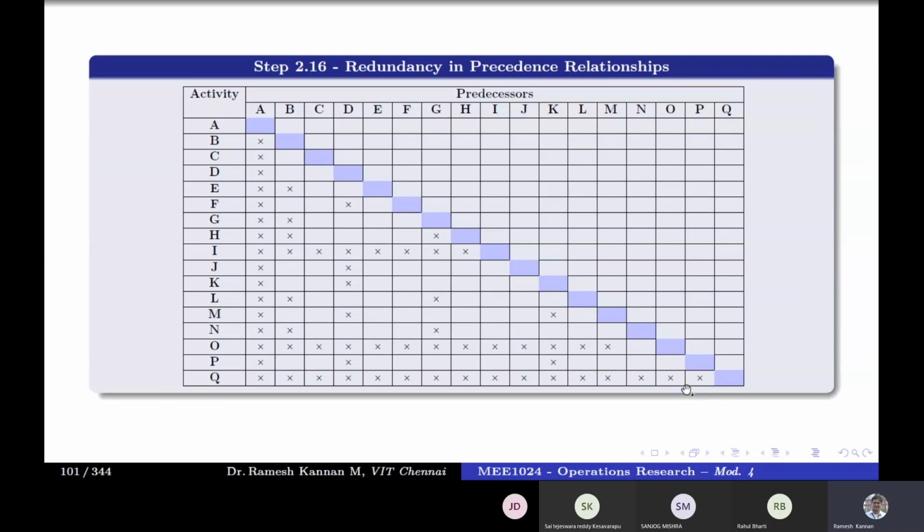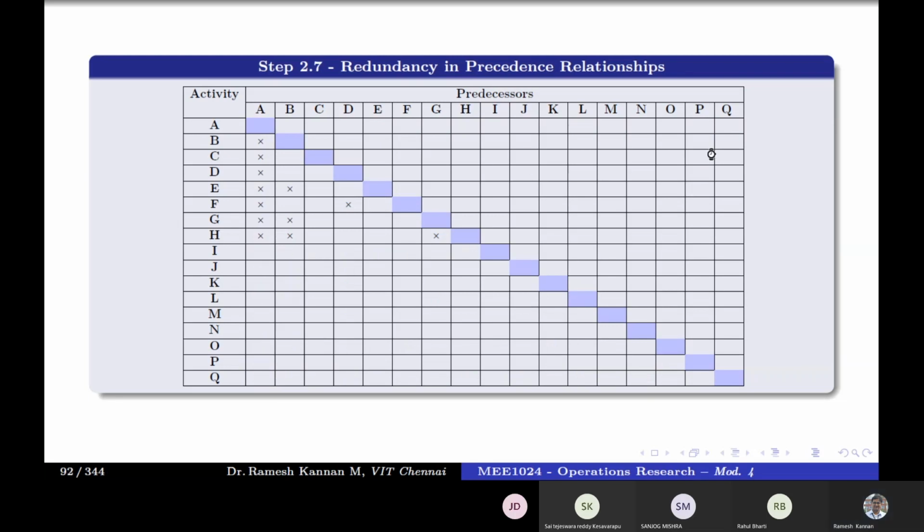So in this case the activity is Q, and for that the predecessor is P. I guess it's P. Yeah. So this particular cell we'll highlight. And what exactly we're going to do in this is go to the corresponding one. In this case it's P as predecessor. Then go to that, mark P, and now we'll treat this to be an activity.